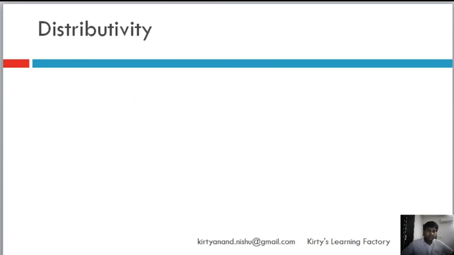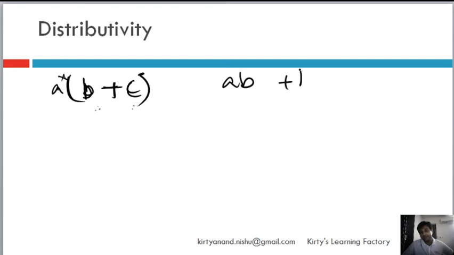Now we'll talk about distributivity. Let's say there are rational numbers a, b and c in such a fashion that we write a into b plus c under brackets. Okay, so we could do two things. Either we could just sum b plus c and then multiply by a, or we could distribute this multiplication over this addition. So we could write it as ab plus ac. That is distributivity.